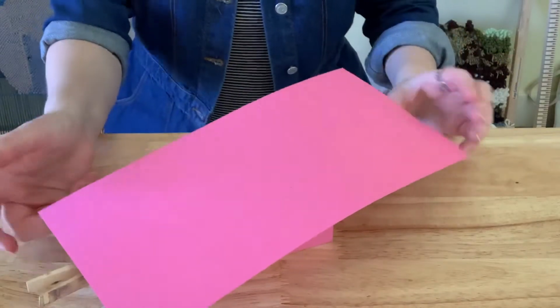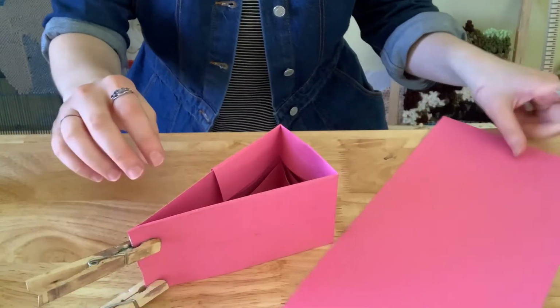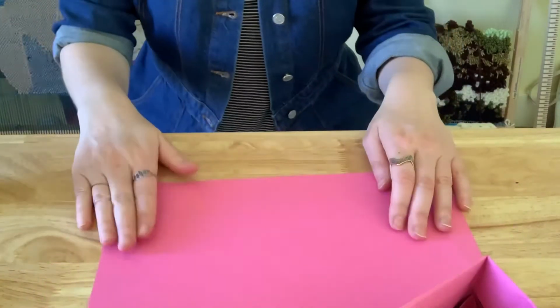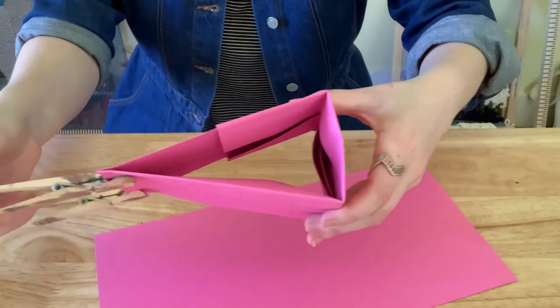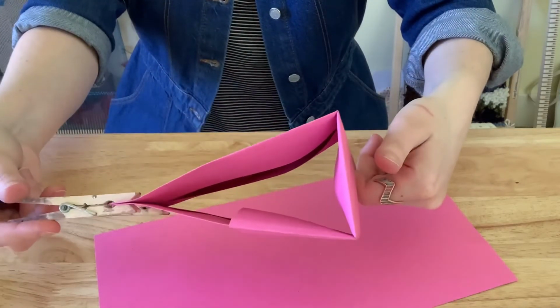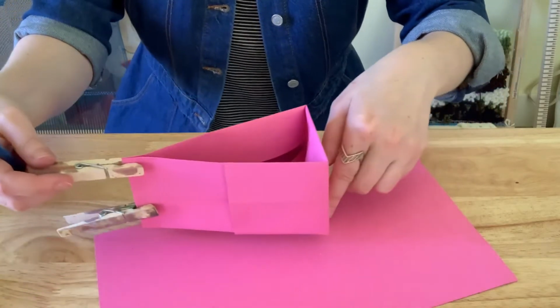And now we need the top of our dessert slice. So you should have a third piece of paper. We are going to use the shape that we've created as a template or a stencil and trace the exact size that we need of paper to fit on top of our dessert slice. So I'm going to turn my dessert slice over on the preferred side that will be the top. So I picked the side that has a really nice point